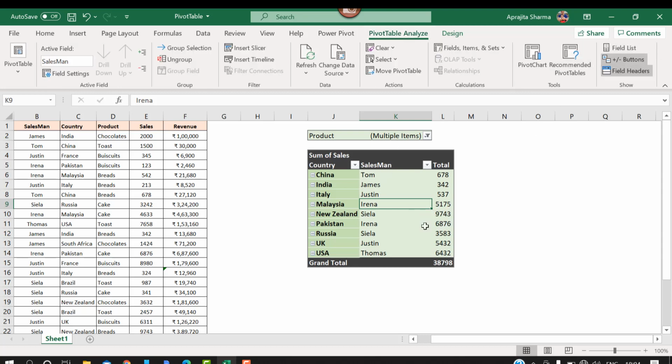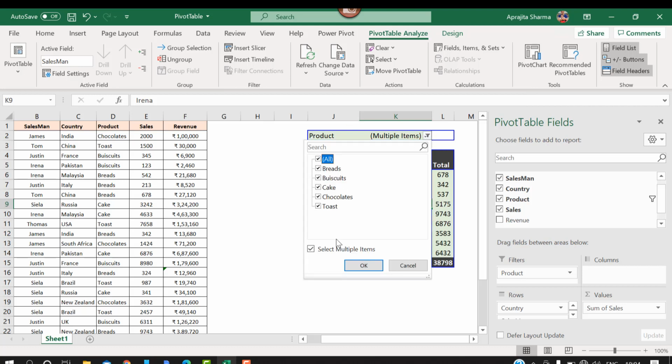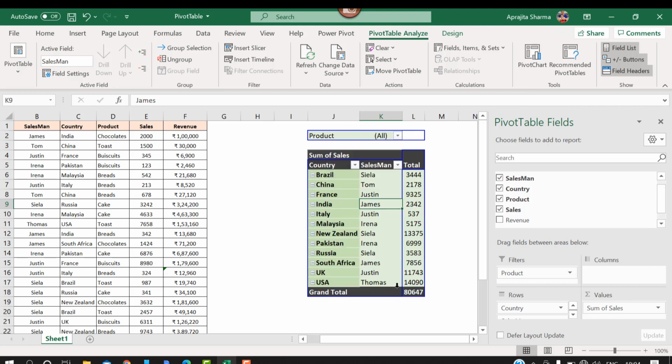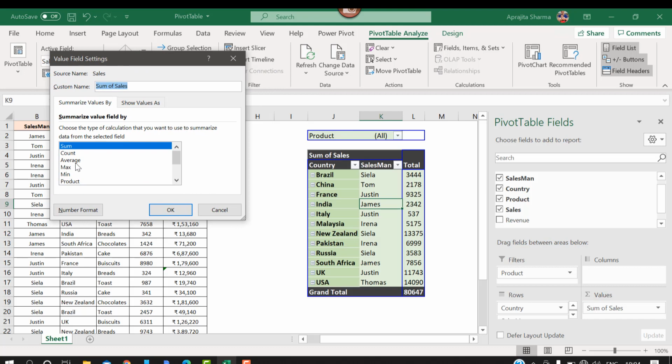Now another thing is about this field list. Here I have a field list. Now here I have sum of sales. I'll select all of my products here. Now I can change the sum of sales. I'll go to value field settings. I can change it to count, average, minimum, maximum, product, and I have a lot of options which I can choose.